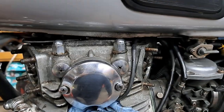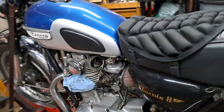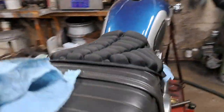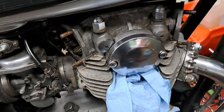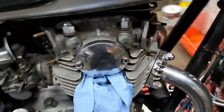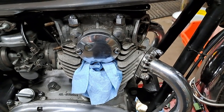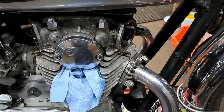and that's where you want to check your valve lash. So I'm about to check the valve lash over here on the left-hand side, and I do have some clearance. You can wiggle the valves around. I'm not sure what the clearances are. I think they're 4 and 6, but don't quote me on that. I'm going to go look in the book and make sure I'm right before I do any kind of measurements